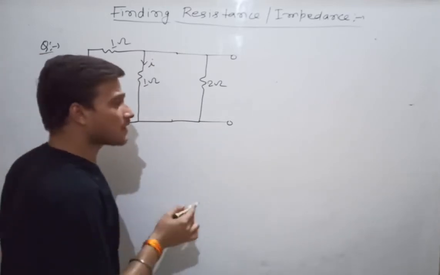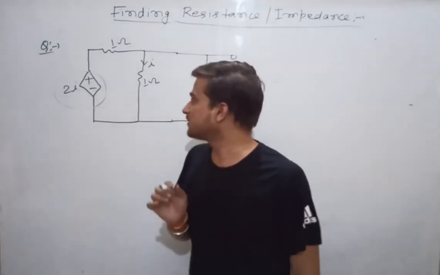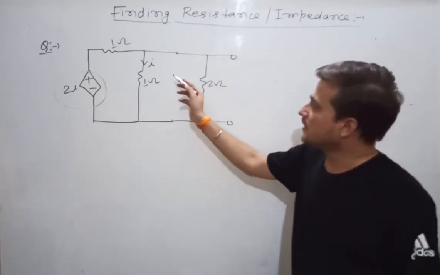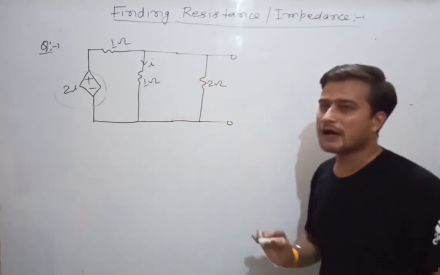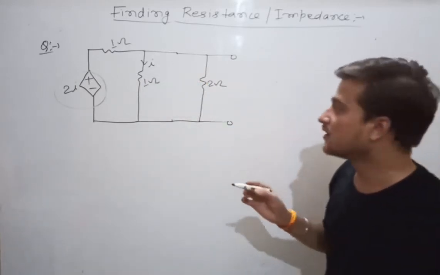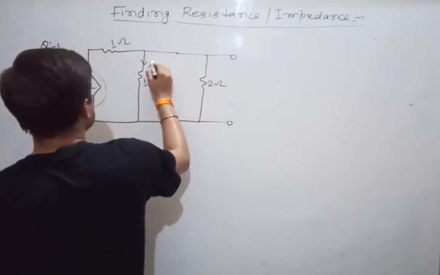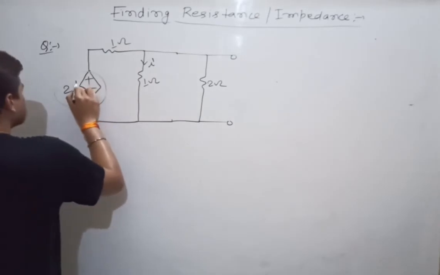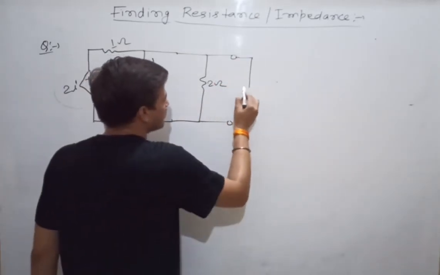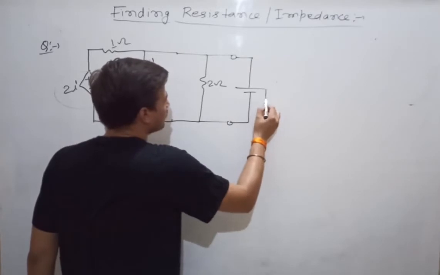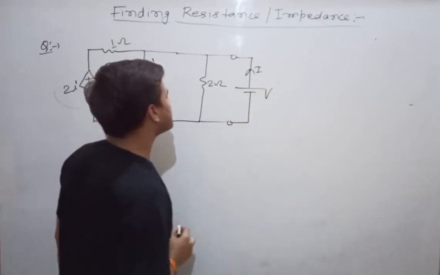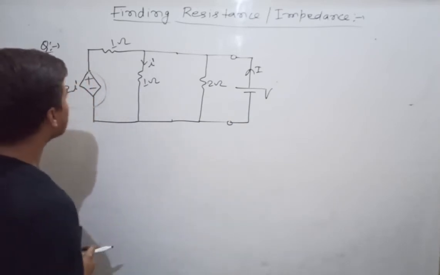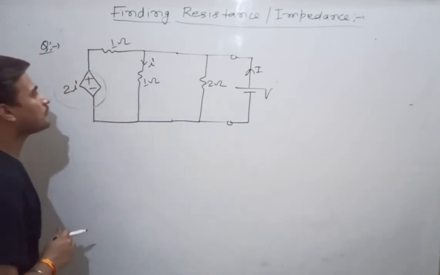Once the current source has been replaced by open circuit, now you can see one thing. Initially the current flowing through this path was I. Now this current will be changed. Now this will become I dash, and this current will also become I dash. And now you have to place a battery. Another step is you have to place a V volt battery. Current delivered by this battery is I. Now you have to find V by I.